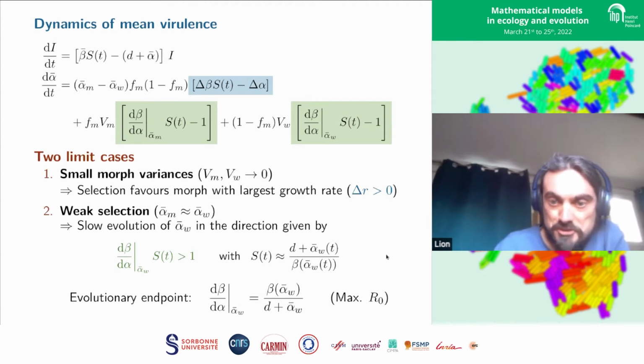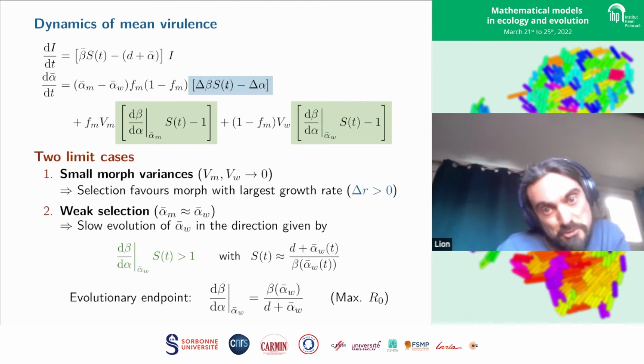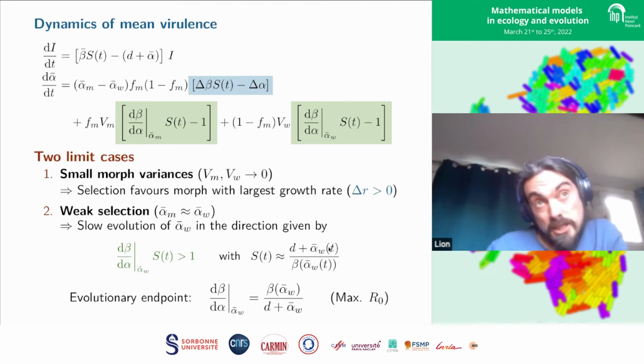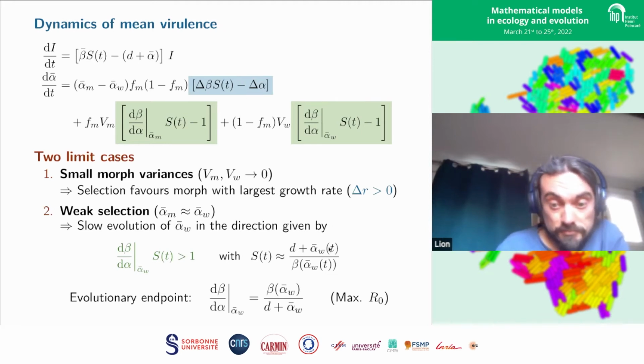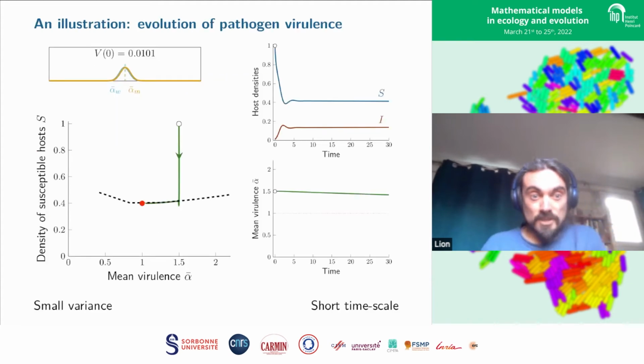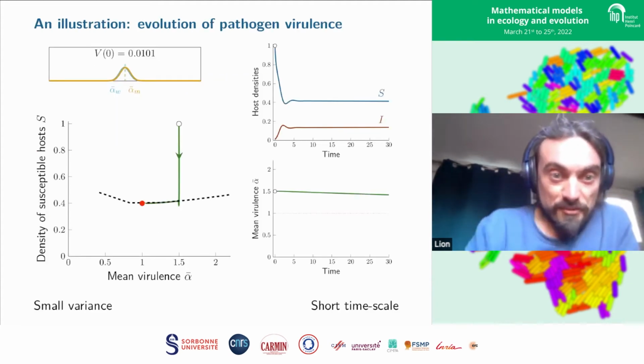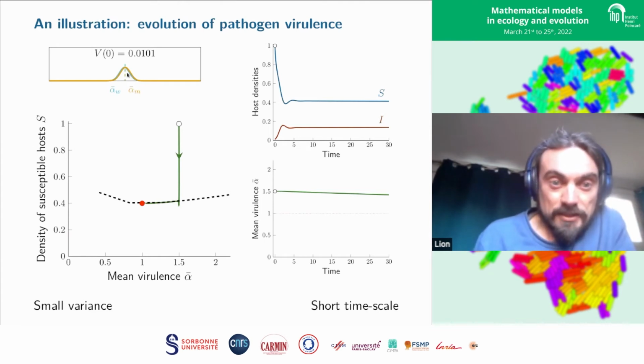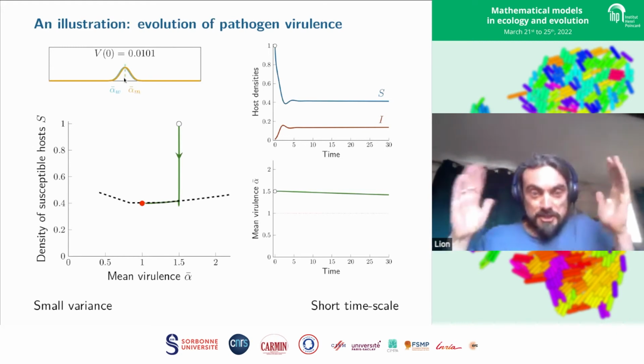I don't want to go into detail, but then we have two limit cases. One where I'm maximizing R, basically the growth rate, and the other where we're maximizing R naught. And so it's a bit like, for those familiar with this, r-K selection. And if we do simulations of this, if we start with a distribution with two overlapping peaks, the variance in the population is quite small.